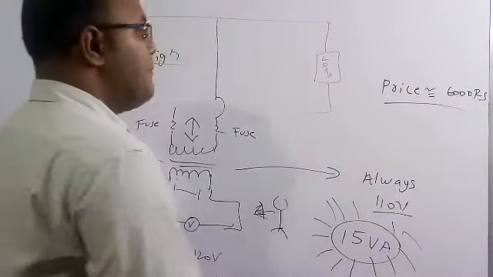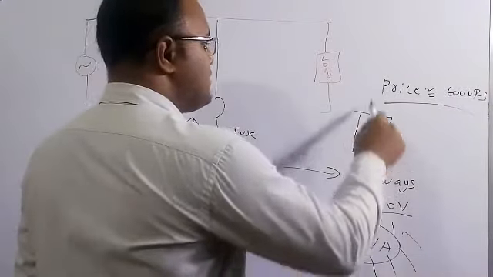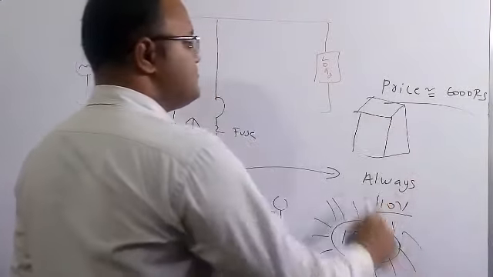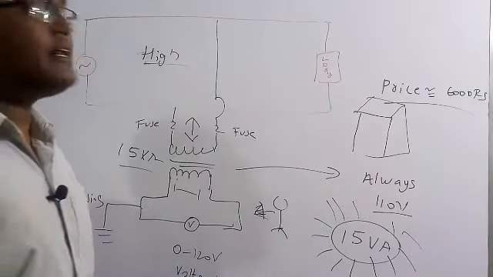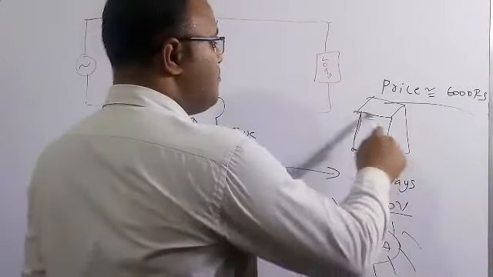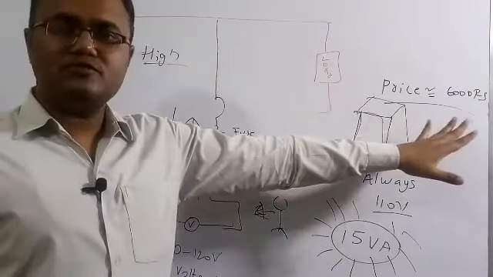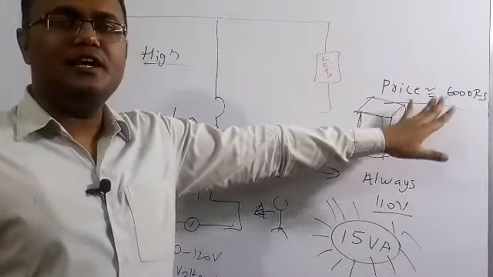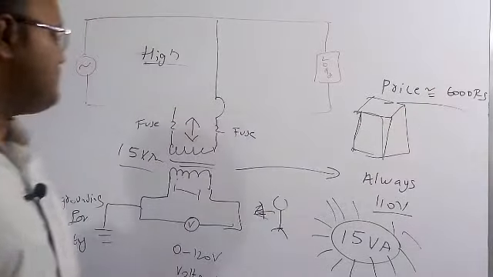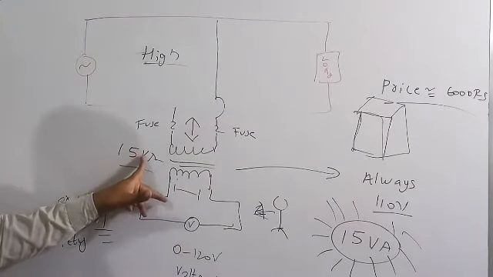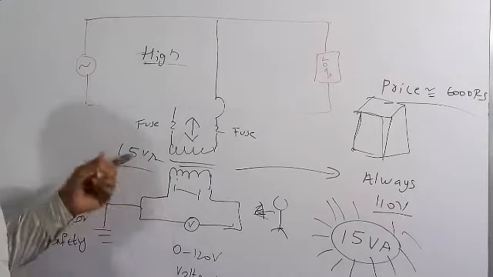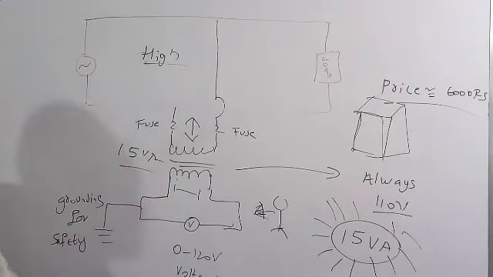It will come in a black box, like a suitcase. It will be like an auto transformer. If you see in a laboratory, there will be an auto transformer, like a small box, like that it will be there. So the price in India is nearly around 6,000 rupees. At present, I have checked the internet also, and it is nearly 6,000 rupees. So in the question they asked what is the voltage rating of the potential transformer. So 15 VA is the rating of the potential transformer.